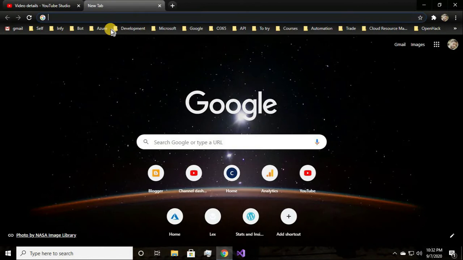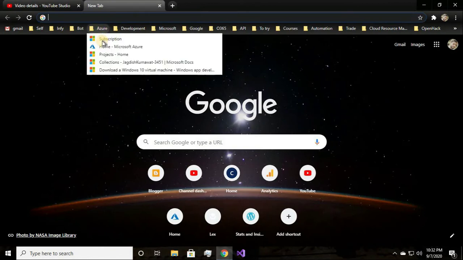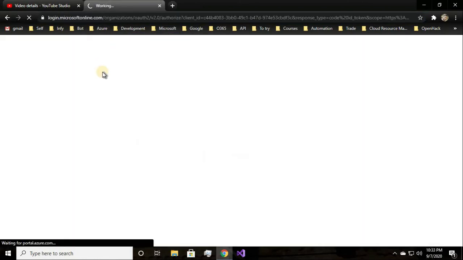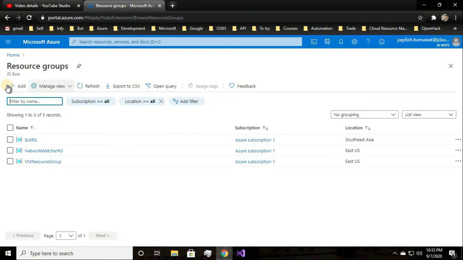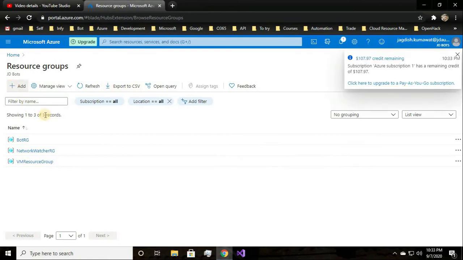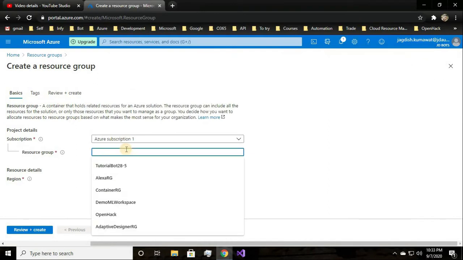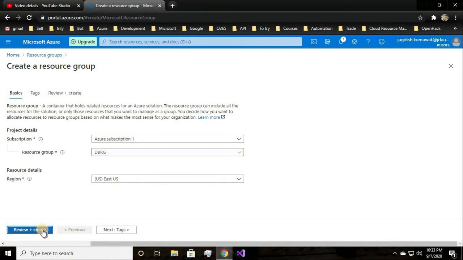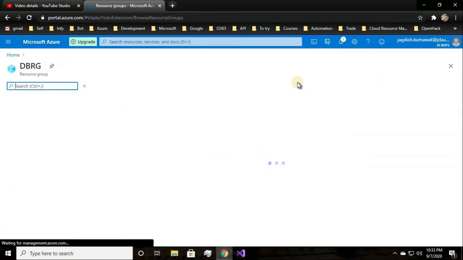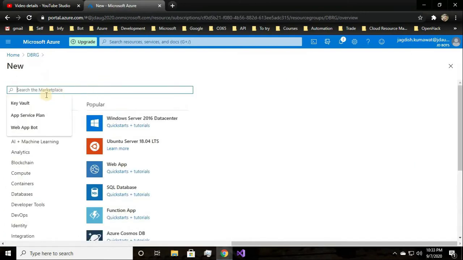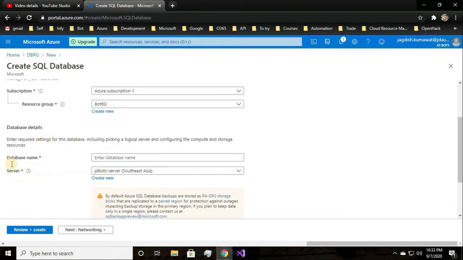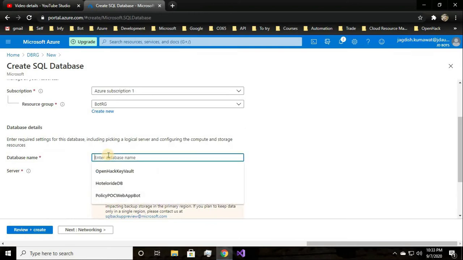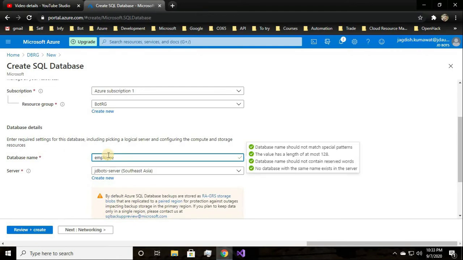First of all, we have to create a SQL server in Azure. I'll create a resource group so that I'll keep all my resources in that. Inside my resource group, let us add some resources, and resources will be SQL database. So here we give the database name. I'll give it as employee DB,